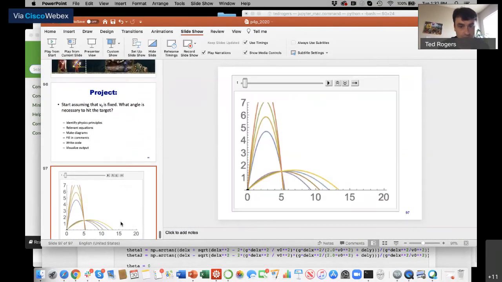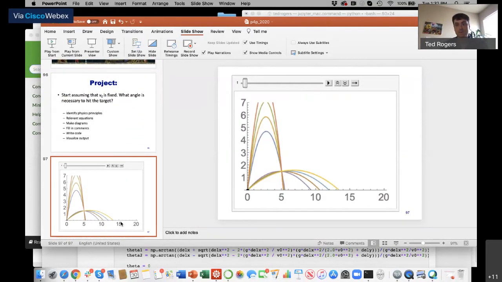And just to give you a sense of what to look for, this is a set of different combinations of initial velocities and angles that hit a particular point. Say the monster is sitting right here at about 5 and 1.5, or whatever the points are in this computer program. Then I scan through a bunch of different initial velocities and figure out what angles are possible. And you see something like this: they all intersect the same point, but they all have very different shapes.